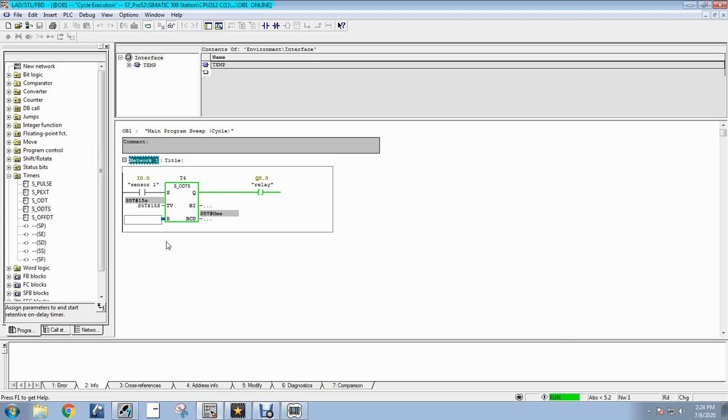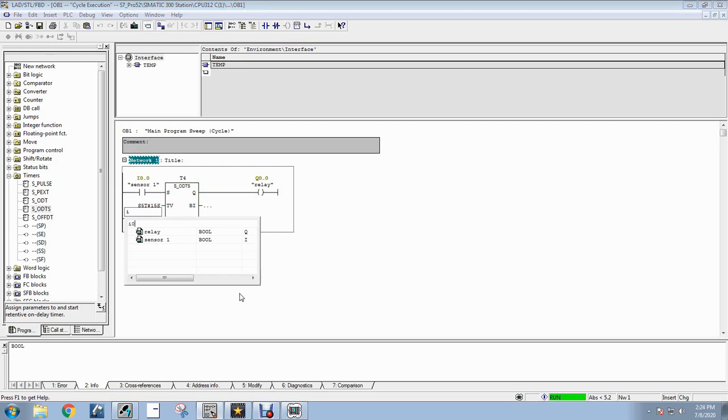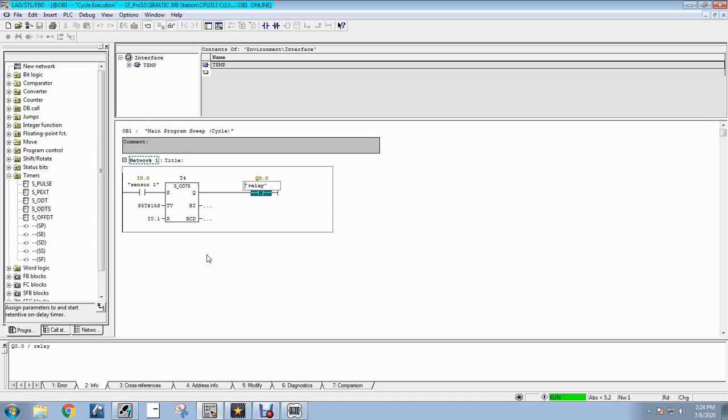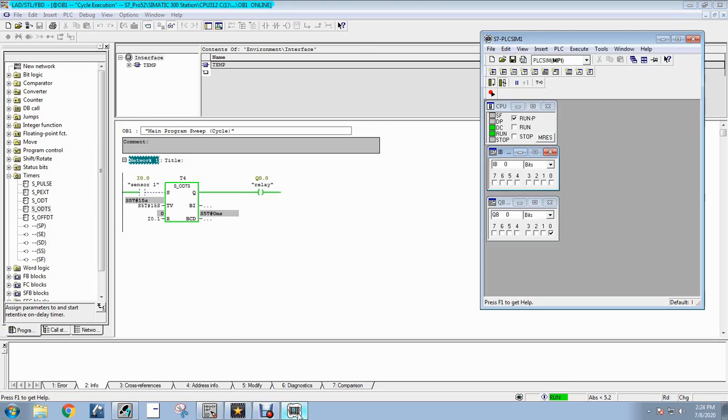For this we have to assign a reset terminal as we have done before. Just put a normally open contact here and assign the value I0.1, then enter, then download and see. So it is continuously giving the output.